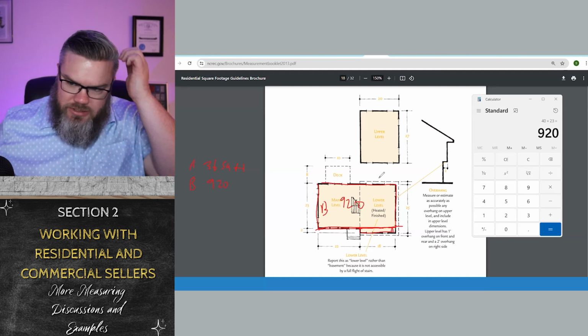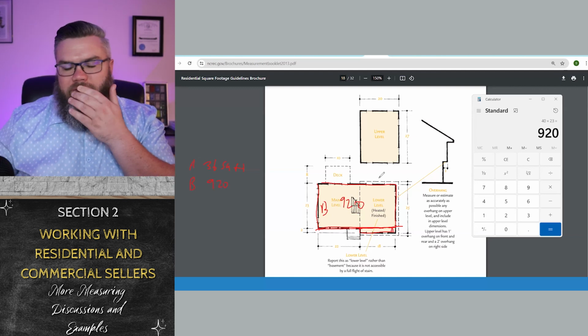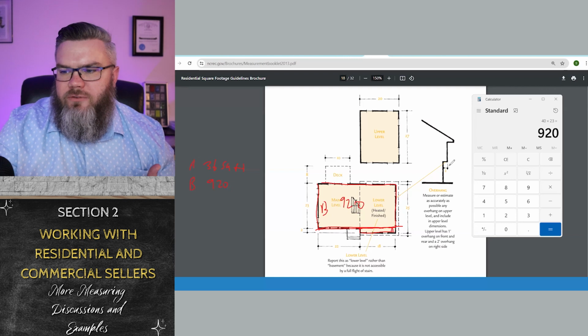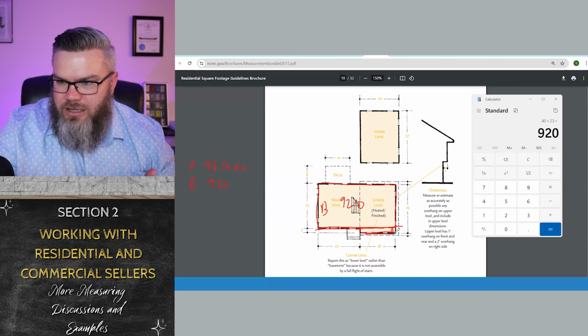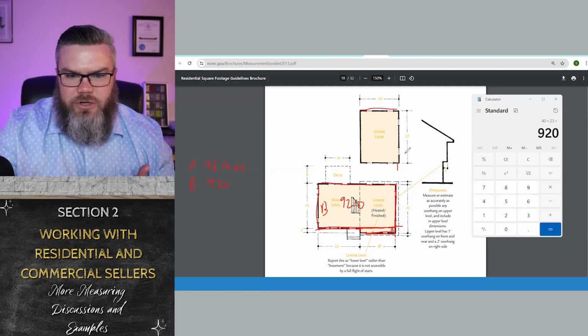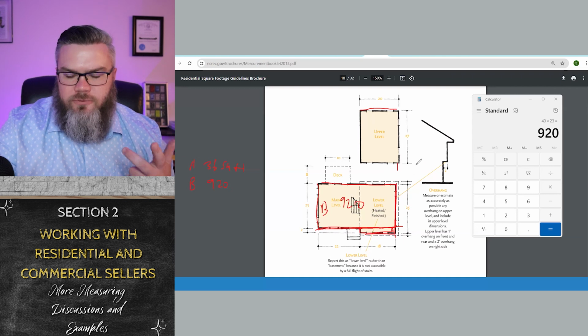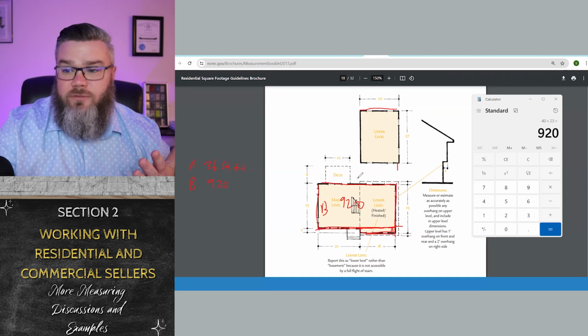And then the last one is this upper level. Now we found that upper level because we basically added 2 feet of overhang from our bottom measurements. And so that's where it was 18, but now it's 20, because that 2 feet of overhang. And then there's 2 feet of overhang on the front as well. And so this was 25, but now it's 27. Everybody see how we just used the measurements from the first floor and added in the 2 feet of overhang